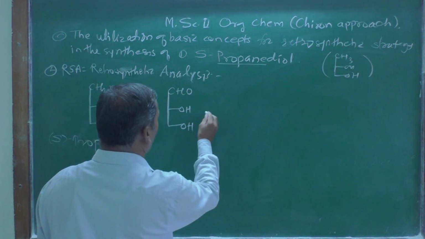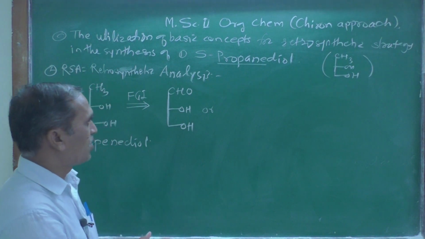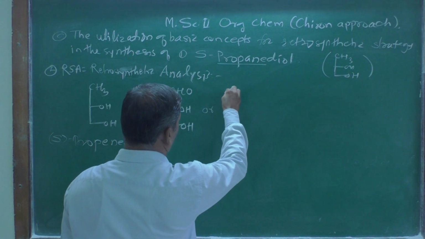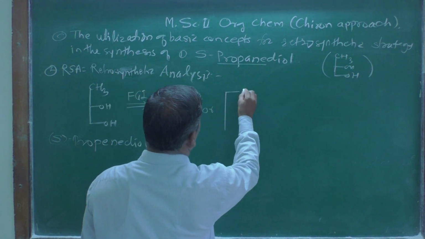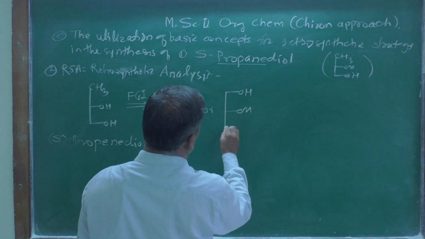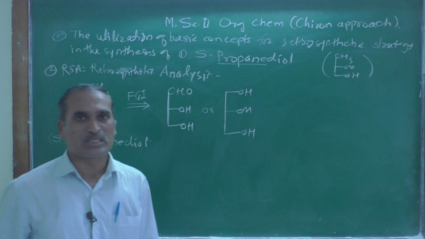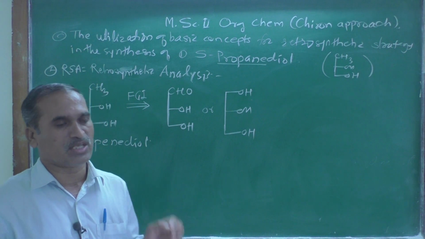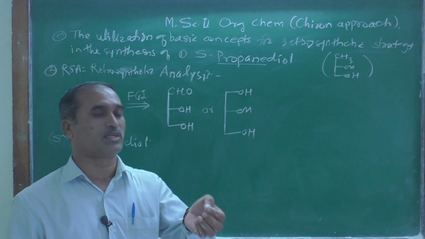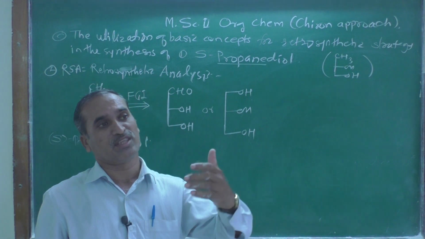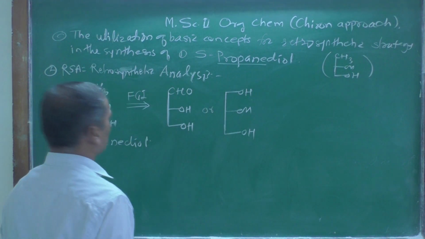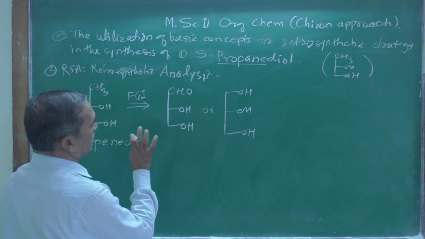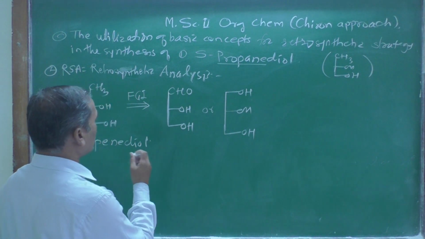Now another one, or we can show this or that one. Here you can get this compound from this, also OH, here OH, and here also OH. That is glycerol. We know that this is glyceraldehyde. Everybody knows glyceraldehyde is one of the starting materials, or we can call it a precursor, for the synthesis of carbohydrates. At that time we will see in detail, but the name of this compound is glyceraldehyde,